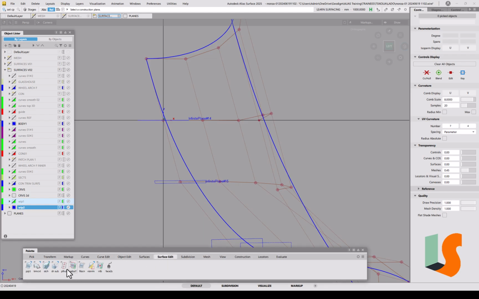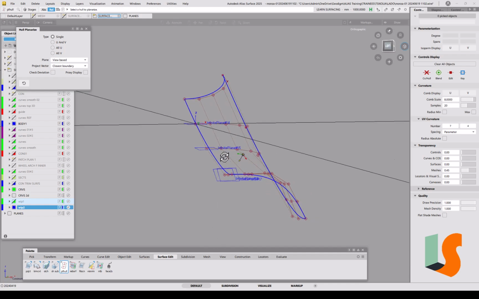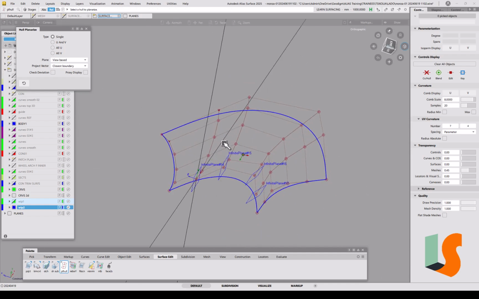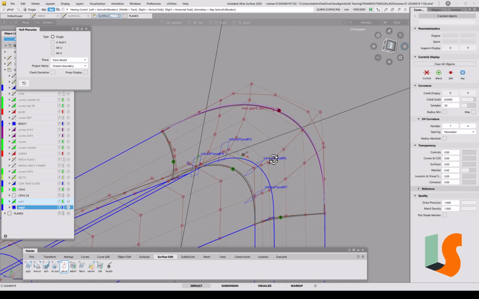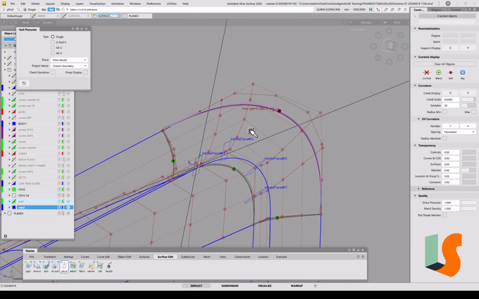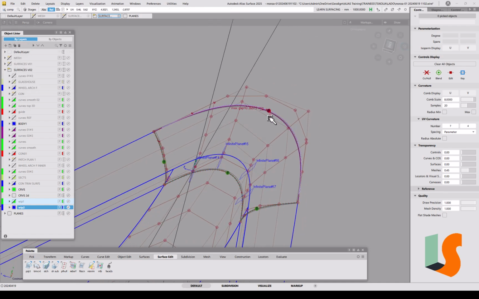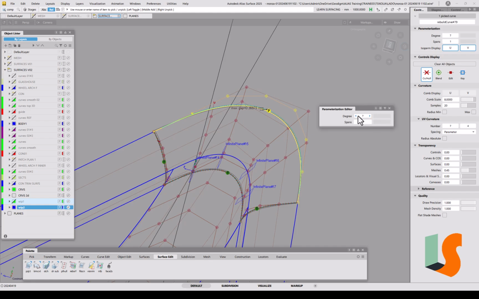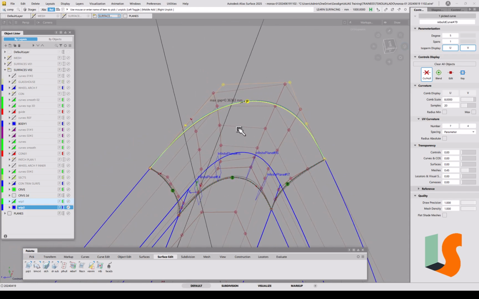So surface edit, plane rise hull. So those are all nicely aligned in the planes. I'm not actually sure whether that was very good, to be honest. I think, what's that curve there? That's got degree 7. Again, I should have made that degree 5. Yeah, so I've messed up a little bit there, because really,